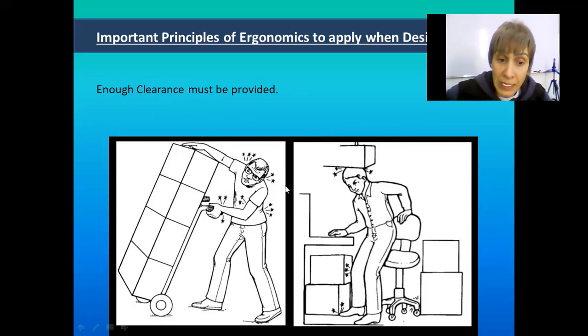So enough clearance has to be provided to not cause, again, body injuries. So everything has a relationship to the measurements of the human body. The measurements of the human body must be considered in all designs, because all designs